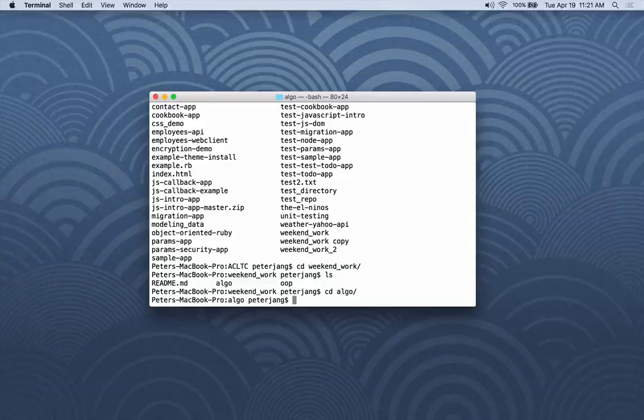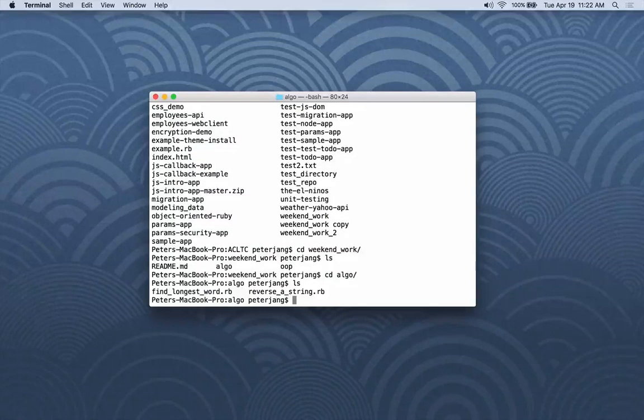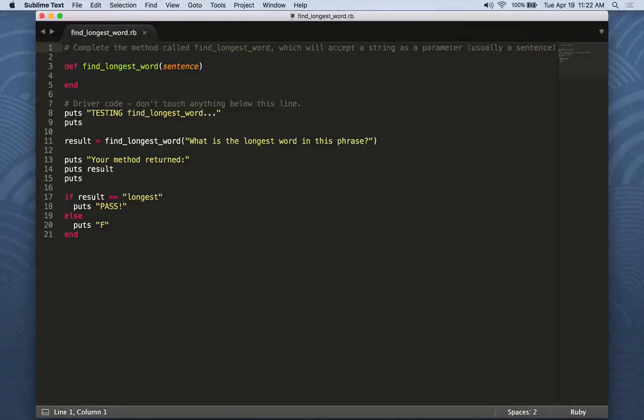You'll note that when you hit tab, the terminal adds that extra slash at the end. It doesn't make a difference if you have it or not. So now I'm in here and I type in ls. There are two .rb files, which are Ruby files. And so if I use the command, this is new, open, and then type in the name of the file, so I can start typing in fi and then hit tab, hit enter,